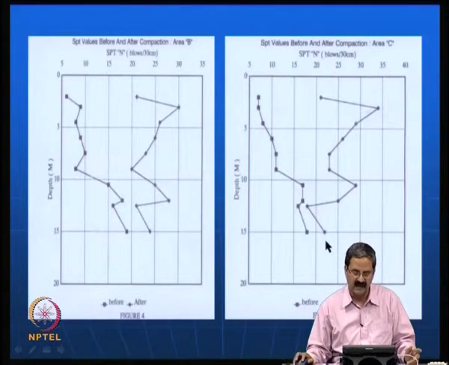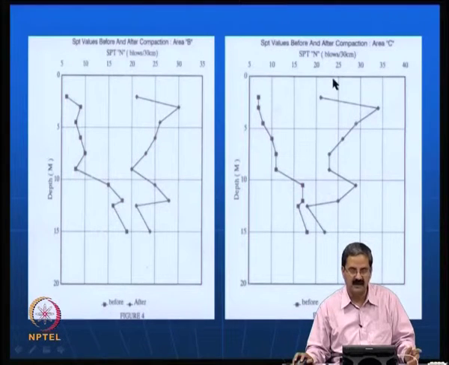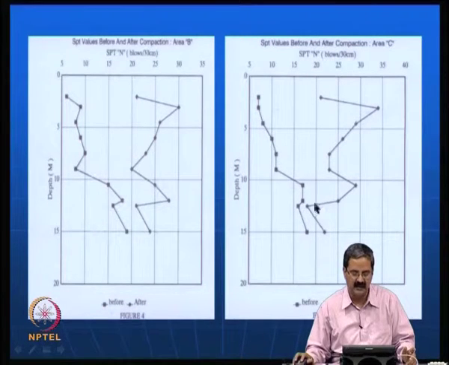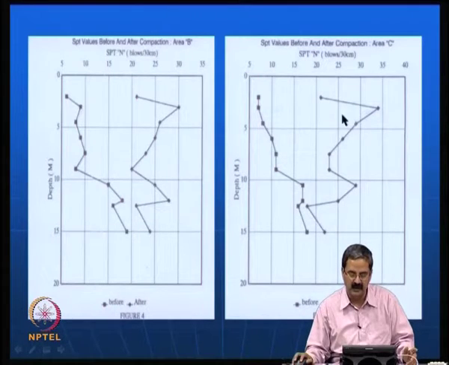So actually sometimes this also, like the earlier specification was that at the top 2 meters there should be a good bearing capacity. Okay, this could be an aberration actually, because the possibility is that when there is a good value here, and a good value here, possibly this number could be wrong. So, one should really take it like that and then come out to say that yes, this SPT value criterion is